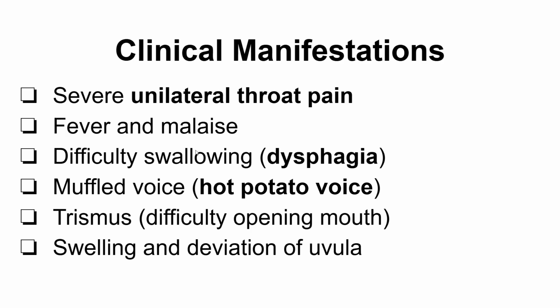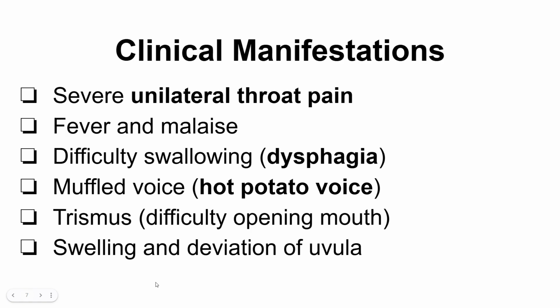Clinical manifestations. The patient may present with severe unilateral throat pain if the abscess is on one side, and fever. As we know, if there is infection, most probably the patient will suffer with fever. Malaise, that is nothing but weakness. Dysphagia, difficulty in swallowing. Hot potato voice, so we call it muffled voice. Difficulty in opening the mouth, so we call it trismus. Swelling and deviation of the uvula, and also